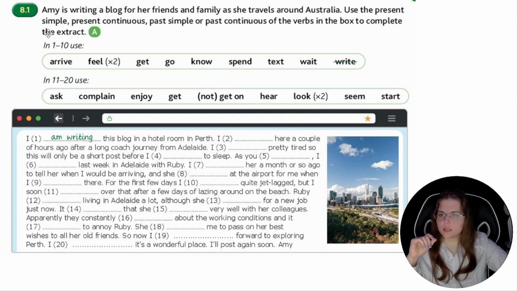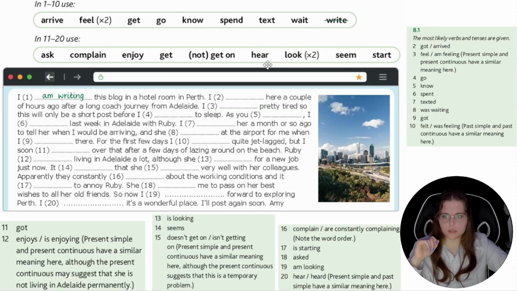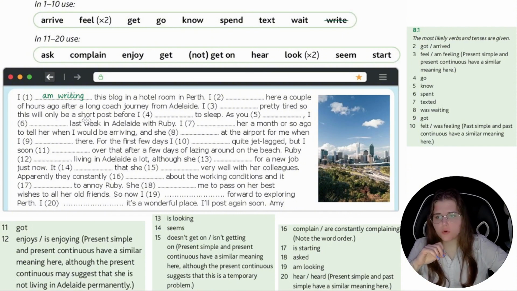Well, the first exercise. Amy is writing a blog for her friends and family as she travels around Australia. Use the present simple, present continuous, past simple or past continuous of the verbs in the box to complete the extracts. I think you have had enough time to do this exercise only by yourself, and now let's discuss it together. I am writing this blog in a hotel room in Perth right now. I arrived here a couple of hours ago,